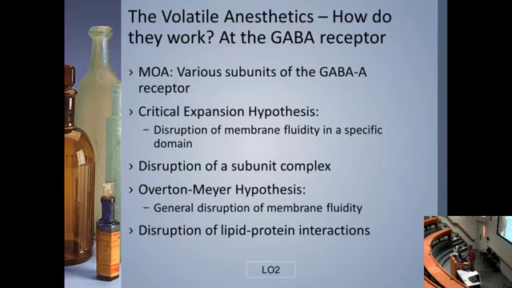The volatile anesthetics, again, we're going back to that GABA receptor. Mechanistically, they operate at various subunits within that GABA subtype A receptor. There are a few hypotheses for why we think this works. The most often cited is the critical expansion hypothesis, which basically says there's going to be a disruption of the membrane fluidity in specific domains of these neurons that contain these GABA subtype A